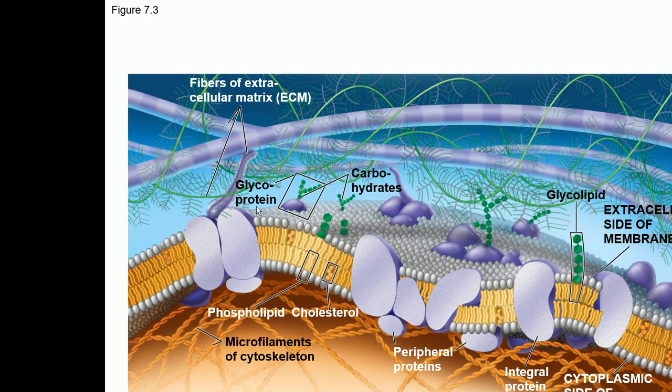So an important thing to know here is that if you see the structure of the plasma membrane, these are the polar heads, and these are the non-polar tails. So this part of the membrane is all hydrophobic in nature. So the interior of the membrane is all hydrophobic or non-polar. So anything which is non-polar or hydrophobic can cross the membrane easily.